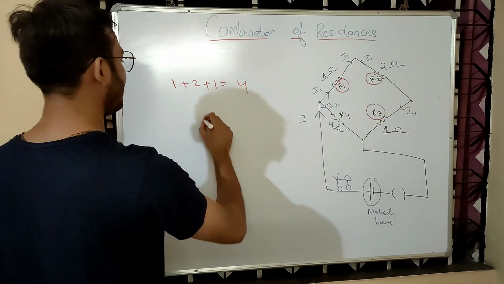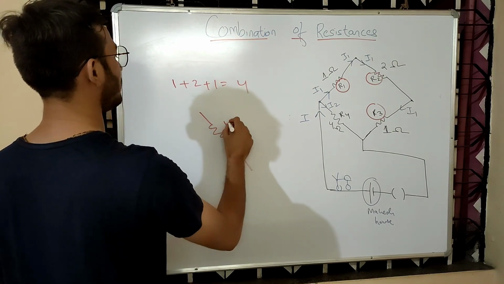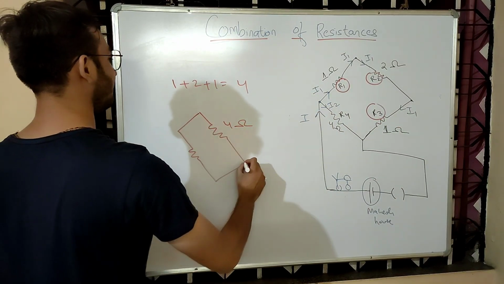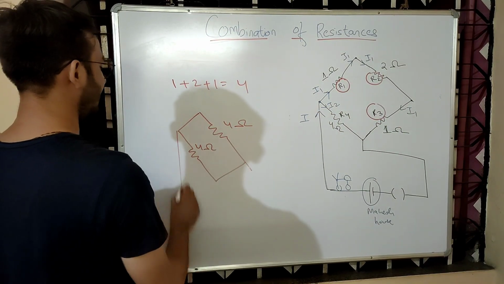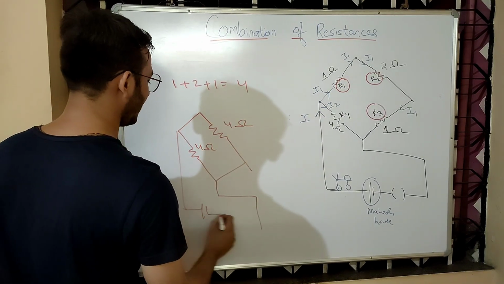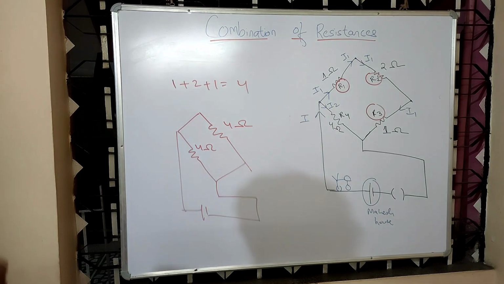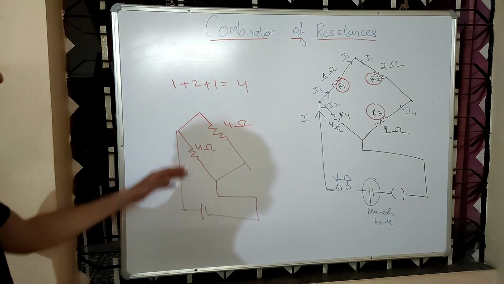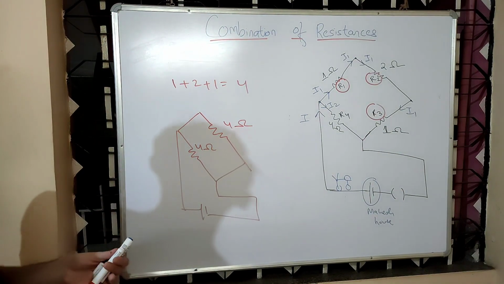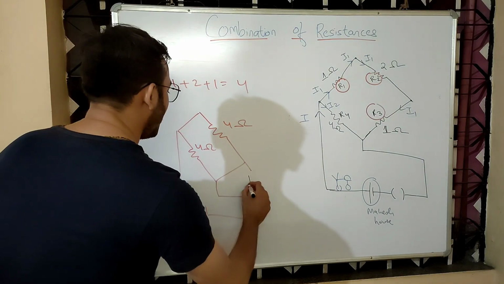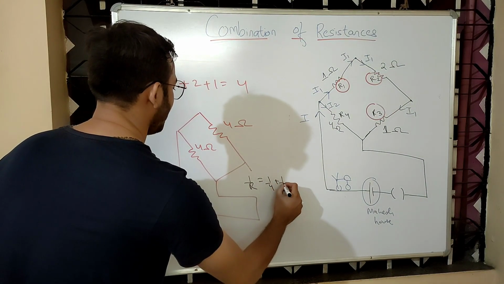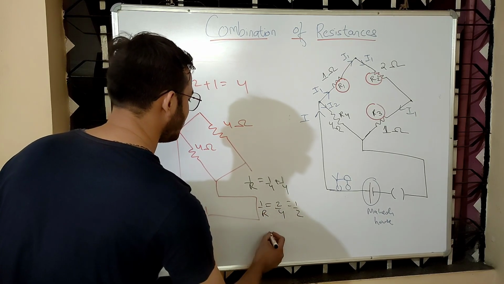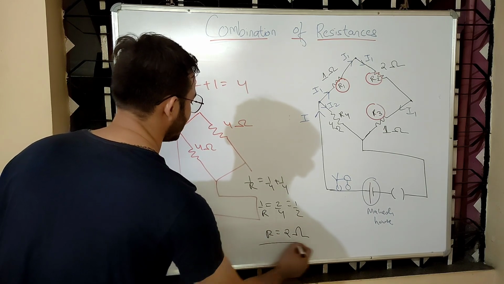तो इन तीनों के बदले I can make a single resistance of 4 ohms, और ये किसके across connected है? R4, that is 4 ohms again, and this is connected to the battery like this. So the first step is to identify which all are in series or parallel, then shorten the circuit, simplify it, and then you can see these two are now in parallel. So 1 by R will be equal to 1 by 4 plus 1 by 4. So this will be 2 by 4. This is 1 by 2. So 1 by R will be 1 by 2. So R will be 2 ohms.